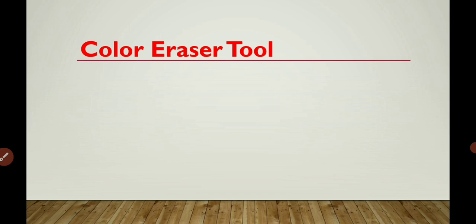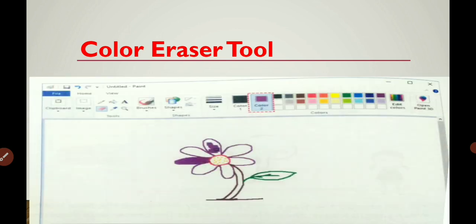Okay, that is also taken from the Home tab. Once you click on the color box, you can left click on the mouse, and you drag and draw in the drawing area. Okay, so the color eraser tool is also used to color what you draw. Okay, next one,